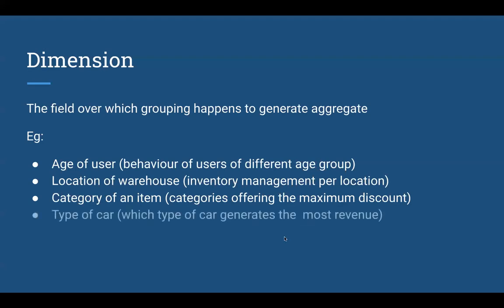One more example could be the type of the car in a ride hailing platform. Let's say you are using Uber and Uber would like to see how different types of cars, like economy car, sedan car, sports car, are behaving. And again, in one type of car, there could be multiple cars which are part of the same type. Analyzing the data across all the cars of a single type makes the car type the dimension or the grouping key. One example can be which type of car generates the most revenue.